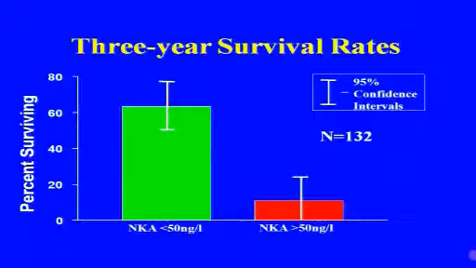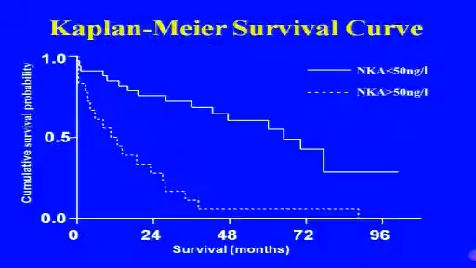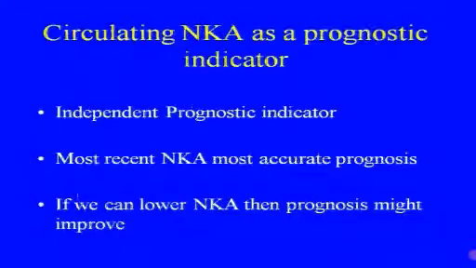And if patients present on their first time at a hospital, and this is again in a retrospective study, with a neurokinin A less than 50, then their prognosis is very good and their survival is very good at 3 years. And this was in a retrospective study, as I say, where we were less interventional. If the neurokinin A was greater than 50, survival was poor. If we look at that on the survival chart, you can see the heavy line are those that had the low neurokinin A's, and the dotted line those that had a high neurokinin A. So it's an independent prognostic indicator.